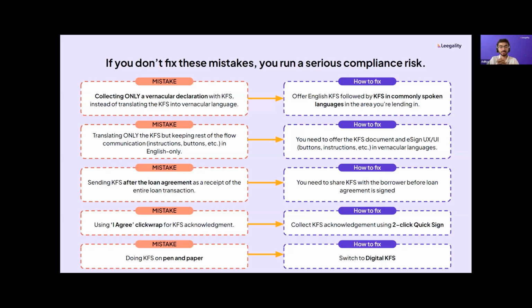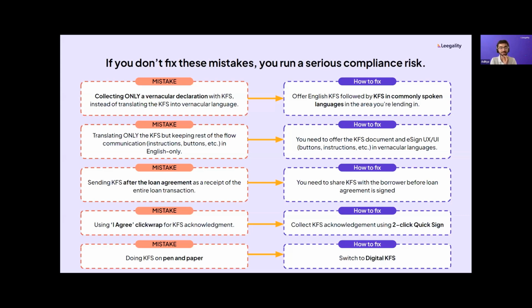We would recommend, of course, and you may call us biased on this, but just looking at the rules as well, we would recommend switching to an auditable form of acknowledgement. You can build it yourself as well. Otherwise, you can just ensure you know the risks before continuing. And the fifth mistake is, of course, retaining physical KFS processes, even though they are often operationally costly for you and actually reduce your transparency in this entire KFS process.